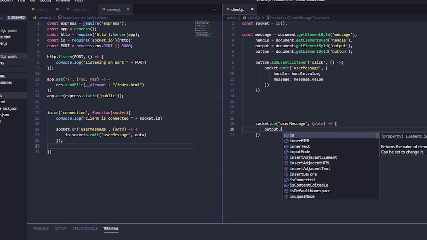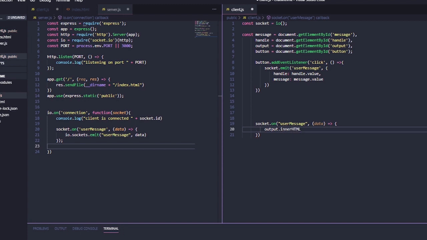So we're going to say output.innerHTML plus equals, and then I'm going to say a p tag and a strong tag,